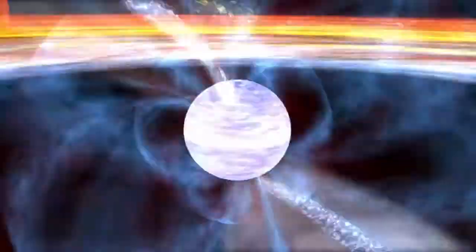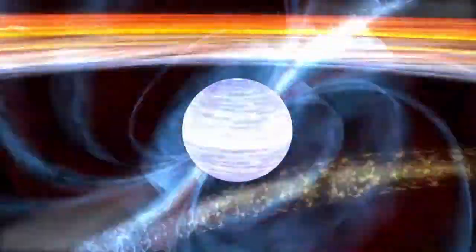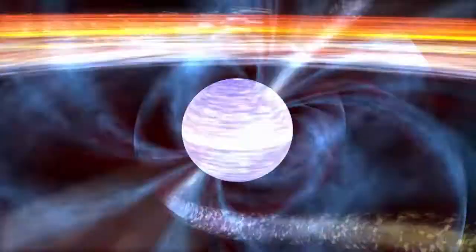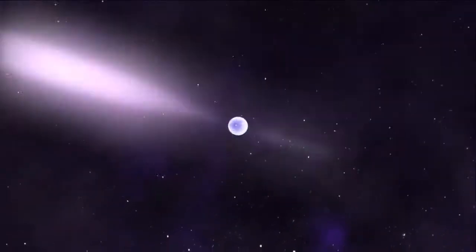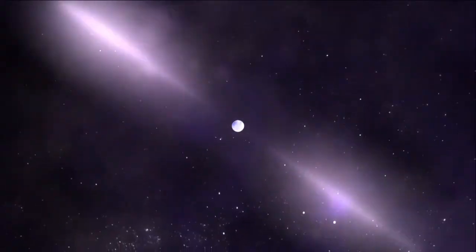They can spin many times per second on their axes. The fastest pulsars spin over 700 times per second. And that rapidly spinning massive object generates extremely strong magnetic fields and accelerates particles to high energies. And we see those accelerated particles emitting energy in the form of gamma rays, X-rays, and radio waves. And when that beam sweeps past the line of sight to the Earth, we see it pulse on,